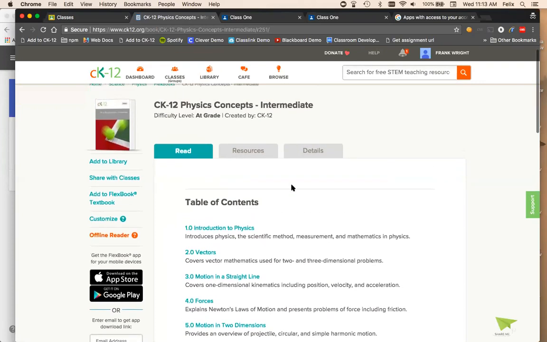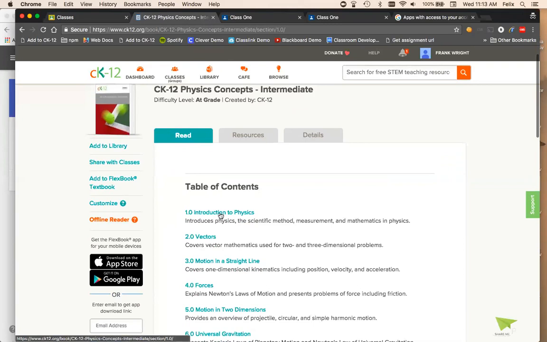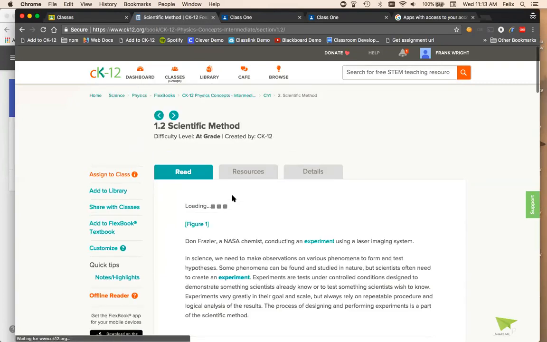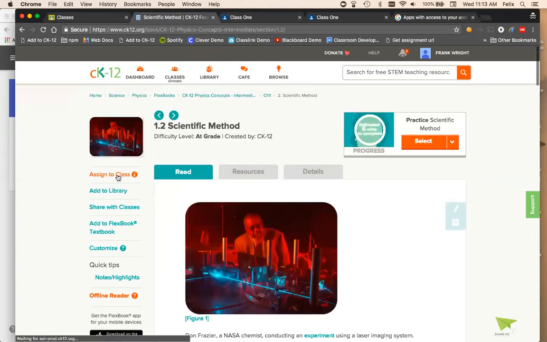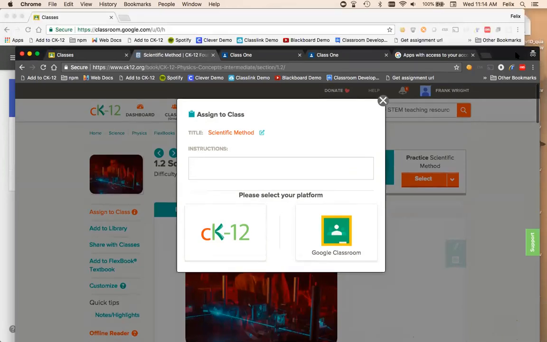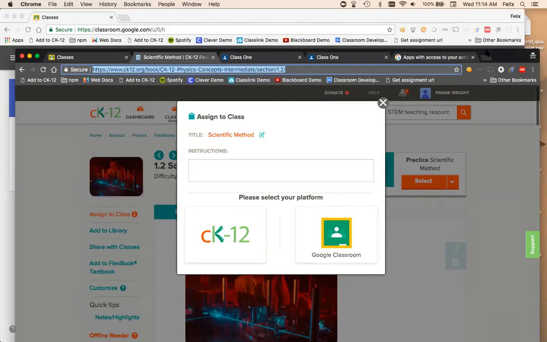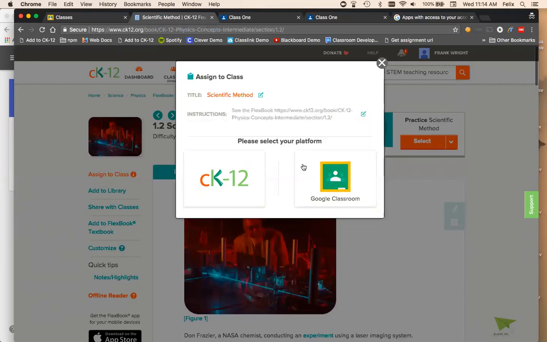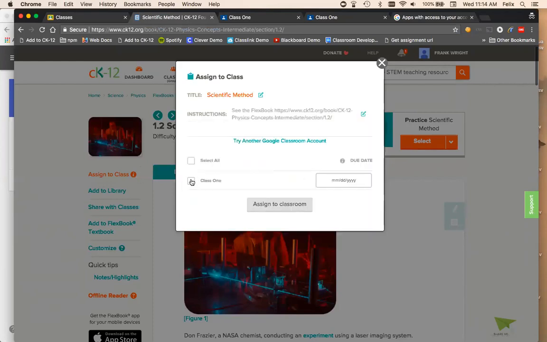If you did want to add this, I'll show you what I did on one example. So again, there's no assign feature. And then here you actually have the assign to class. And what I did on one example was, sorry, there's a toolbar that's right above me. So you can actually post a link there. And then when you create the assignment,